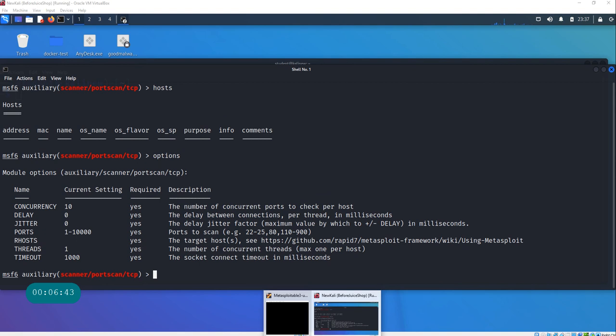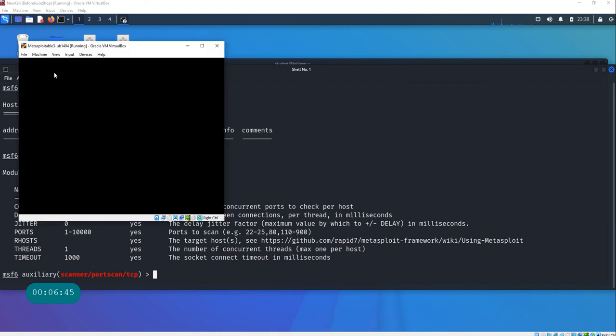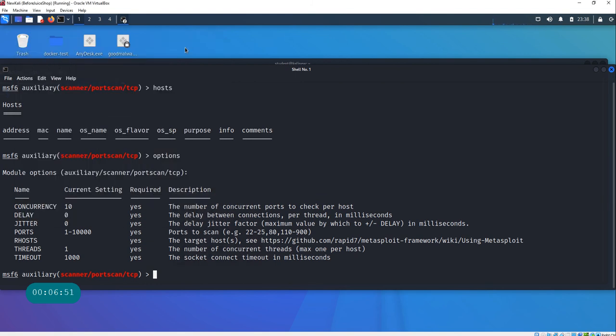Now, what I have in my environment, I have another Metasploitable. It's running, and I know the IP address. You can actually scan multiple IP addresses or a whole CIDR block. But for my lab environment here, I'm just gonna say set RH and hit tab, and then just specify the IP address, 192.168.1